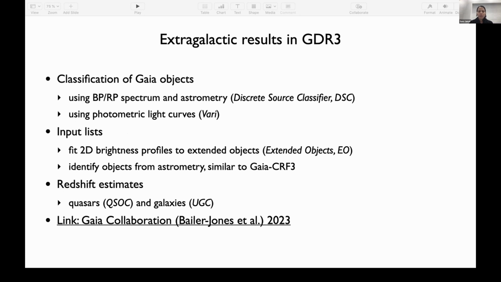we have main results, and among the results provided are the classification of Gaia objects. So the classification can exploit the BPRP spectrum, as we also call it,